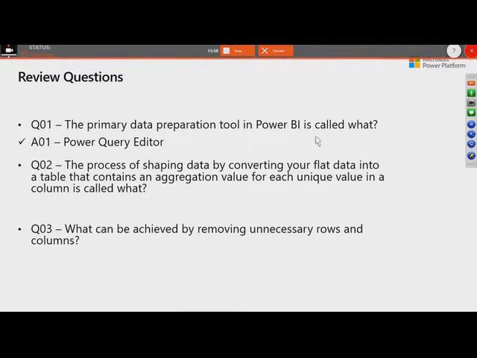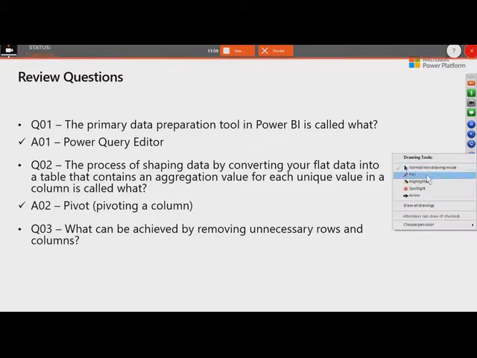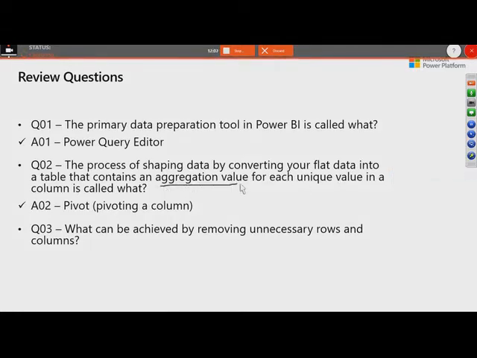The process of shaping data by converting your flat data into a table that contains an aggregate value for each unique value is called what? Pivoting. So pivoting is a way of shaping your data. You convert your data from rows to columns. As you are converting, there will be aggregation. Now, what do we call aggregated value? If you go back and look at this,